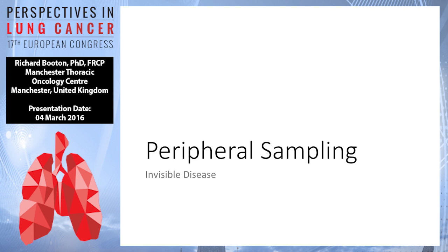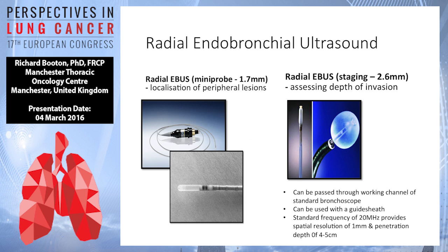Peripheral sampling of invisible disease is increasing, actually. We spend a lot of time doing this now, mainly with these fairly cheap form of navigational bronchoscopy to some extent, using the radial mini probe. This 1.7 millimeters goes down a standard bronchoscope, and it's very good for,